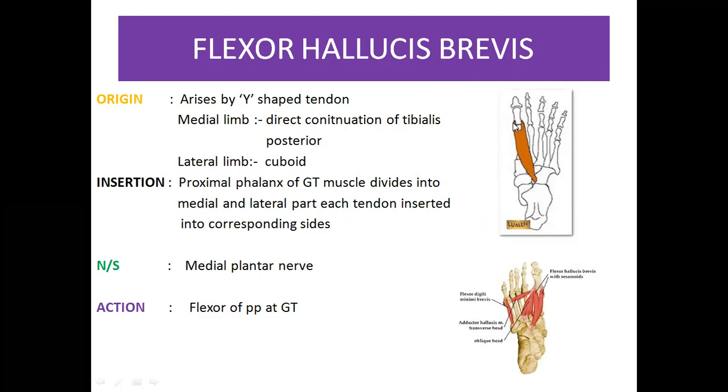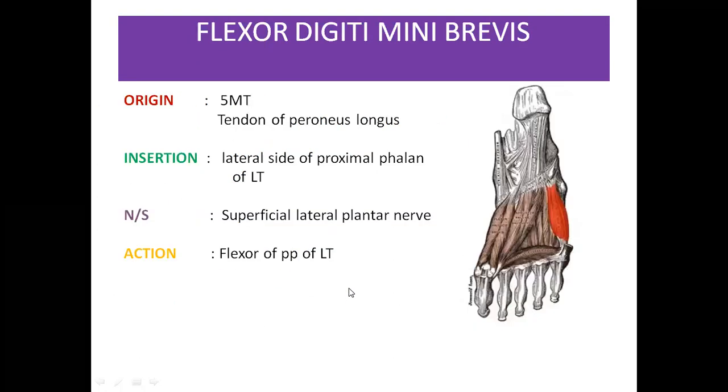Each tendon is getting inserted into the corresponding side of the proximal phalanx of the big toe. Nerve supply is medial plantar nerve and it is helping in the flexion of the proximal phalanx of the great toe. GT is great toe, or we can also use the word big toe. PP is the proximal phalanx. Okay, then